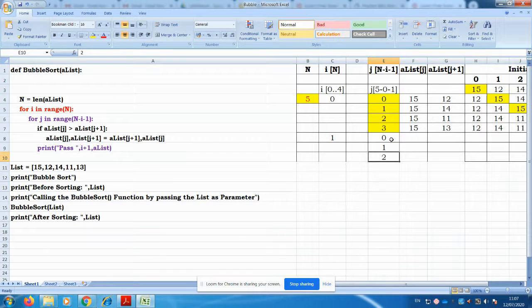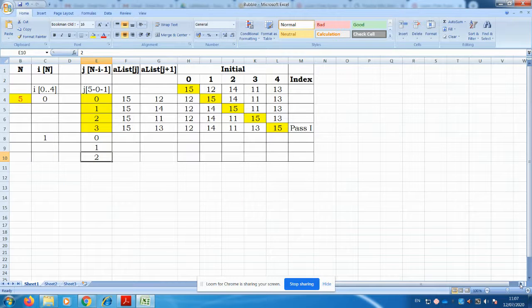When you see the j value decrementing there, the first time it has done 4 comparisons, the second time it is comparing 3 elements, the third iteration it will be comparing 2 elements, and in the fourth iteration it will be comparing only 1 element. I think I have made my point clear here. Let us try to analyze